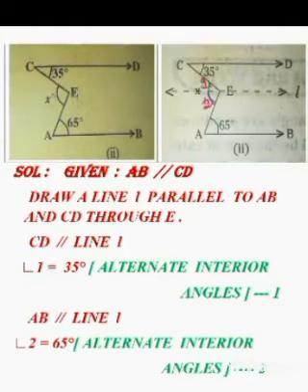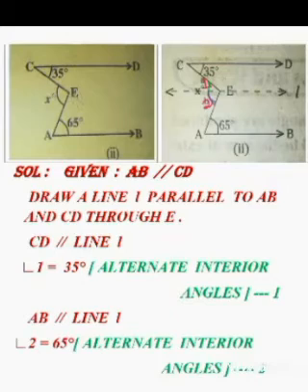So in the same question, the 19th question, children, this is the second sum in that. What they have given here: line AB is parallel to line CD and they have asked to find out the measure of angle x. And here angle C they have given 35 degrees and angle A they have given 65 degrees. Okay, you see the second figure, children. Line AB is parallel to line CD. So to find out the measure of x, you look at the second figure.